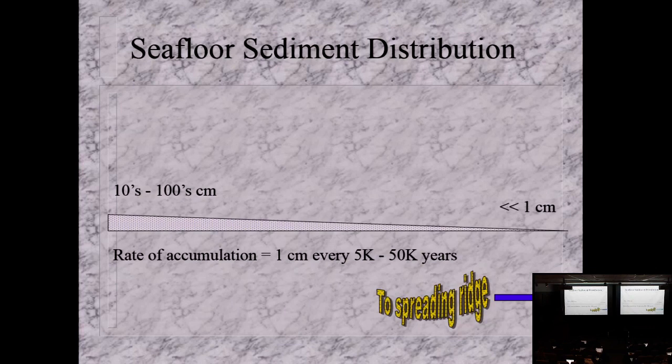So the seafloor sediment distribution, again, for the purposes of understanding the bottom line with this, is a wedge shape. And then you would turn this around if you're going from the center of the ocean, the middle of the Atlantic Ocean, over towards Europe. You'd have nothing, and then it would slowly get more and more until you get to hundreds of centimeters when you get over to the other side of the Atlantic Ocean. So you have these two wedges. And when you do the math, you have from millions of years to 0 years. So this is also